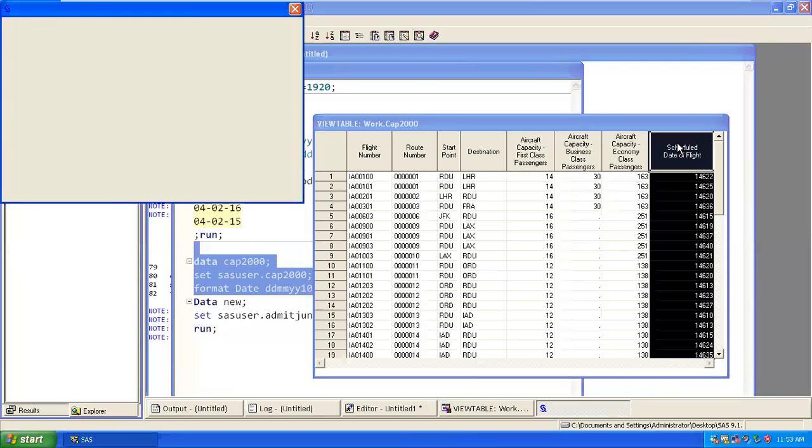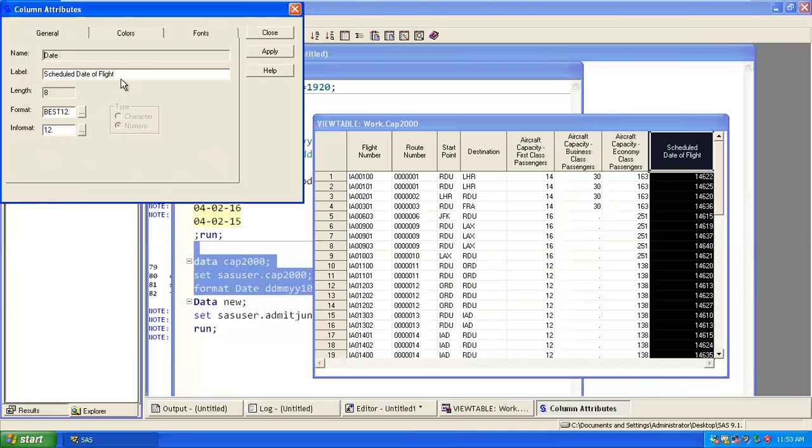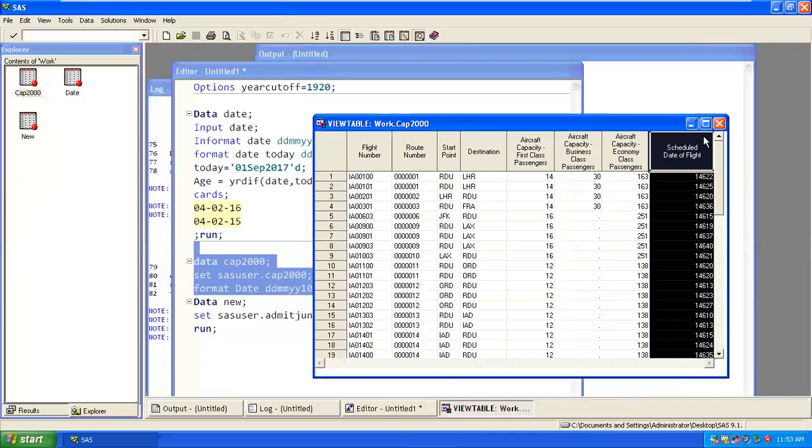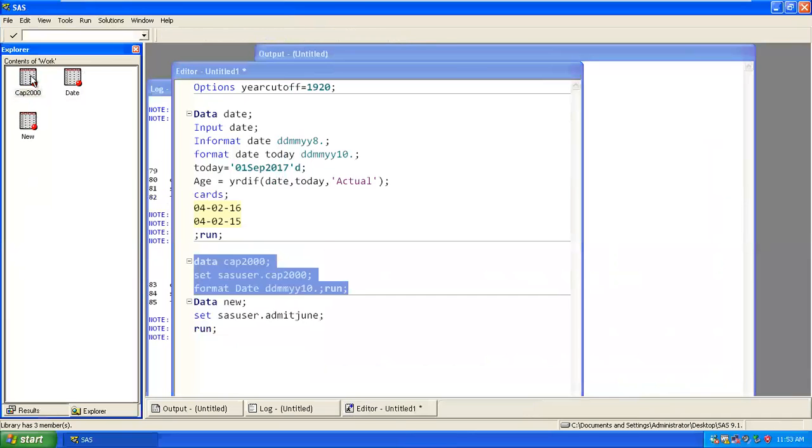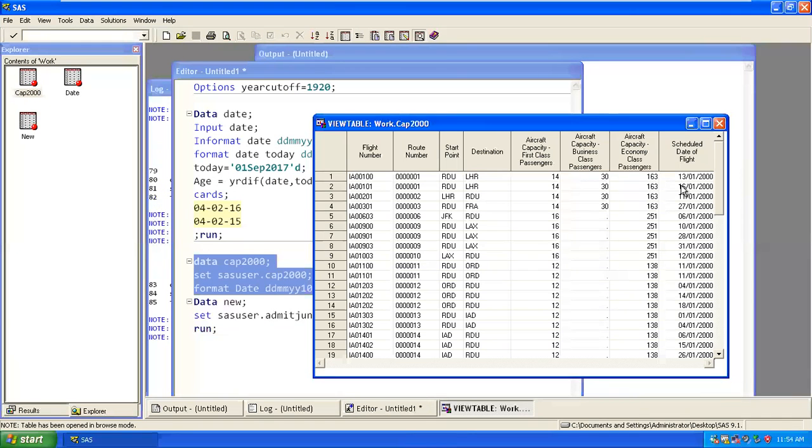Schedule date numeric is not taking DTY, maybe DTYY. Okay, sorry. I missed keeping a dot symbol. So you got this data set where you have this format.